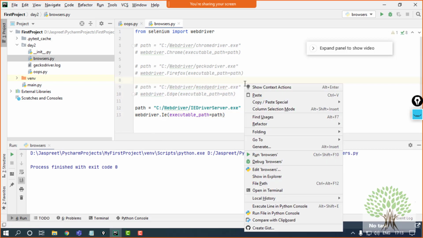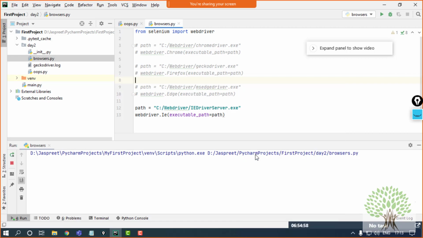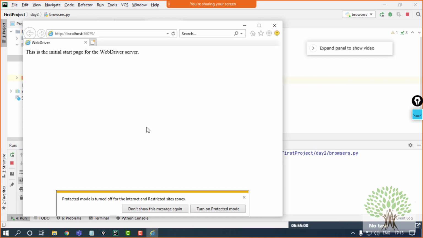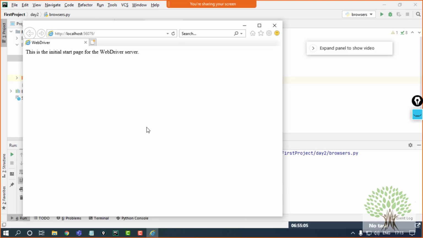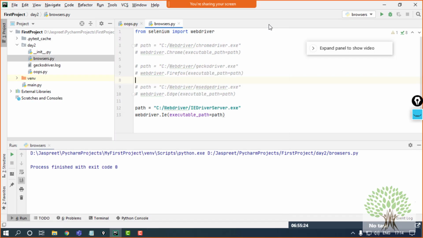Save your code. A blank Internet Explorer will open up this way. No extra warnings, no extra pop-ups will come up after doing the changes. If you open up the Internet Explorer without making those changes, unrequired pop-ups will come up. So just make the changes first and then run the code. Any doubts in the part that we have done till now, the drivers part?